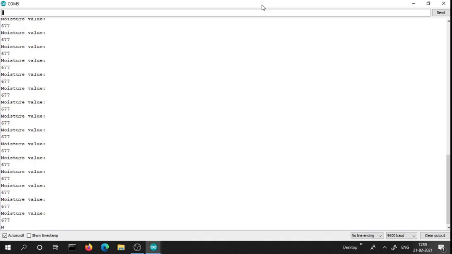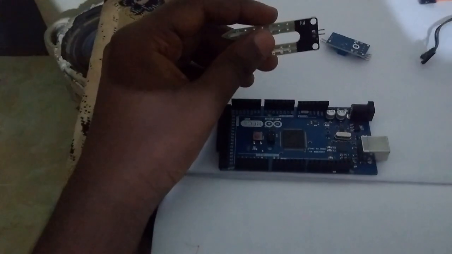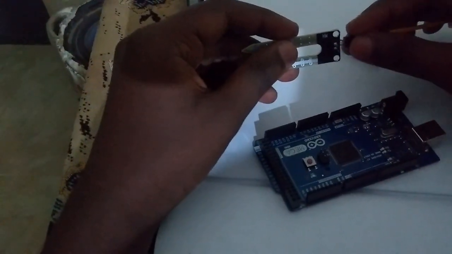Let us see how it is connected with the Arduino Mega. Okay guys, this is the lead which we dip or insert in the soil.